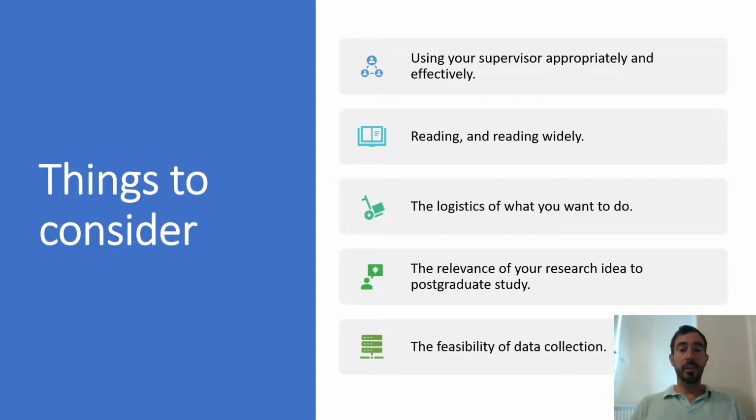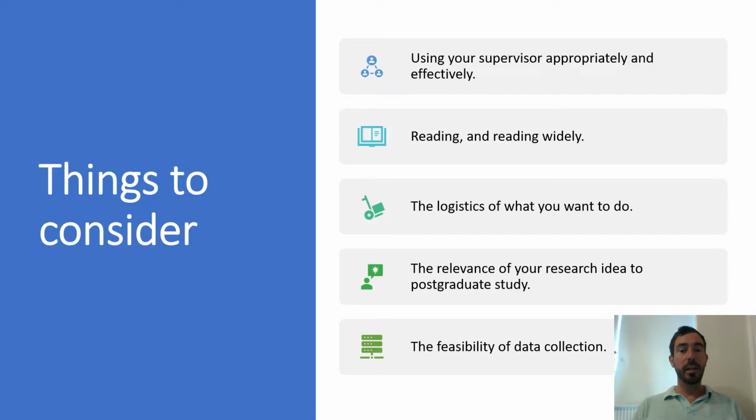So this presentation is going to go through the following aspects of doing research. We're going to think about the relationship that you have with your supervisor and the role of your supervisor in helping guide you through the process of doing an independent research project. I'm going to hammer home the importance of reading and why reading widely is essential to a valid and repeatable end piece of research. We're also going to think about the logistics of what you can and cannot do,